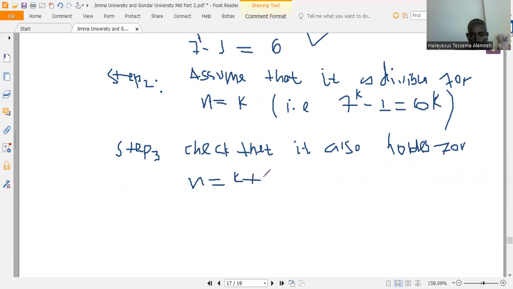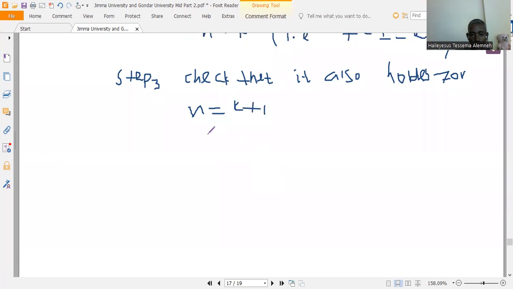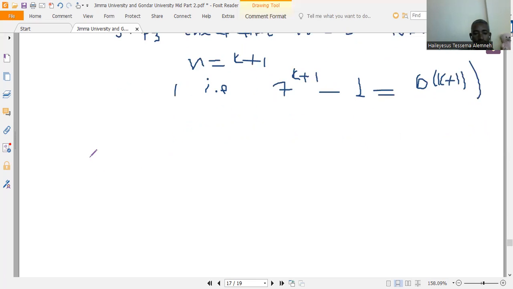It also holds for n is equal to k plus 1. That is ምን ማለት ነው? 7 the power of k plus 1 minus 1 is also divisible by 6. ይሄን ነው ማሳየት እንፈልገው።